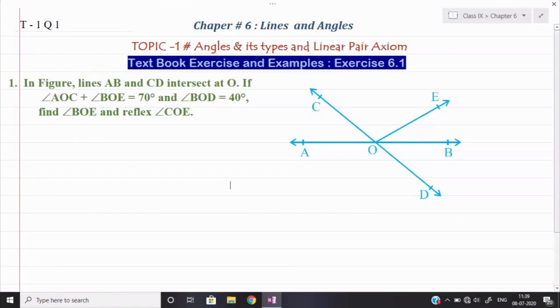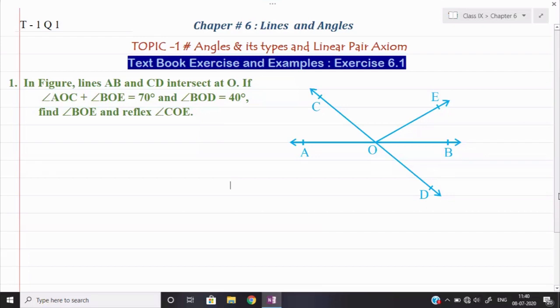As I told you earlier, I have taken the questions in the form of the textbook exercise, then solved examples, and then if required, I will take some additional questions from the reference book also. I have taken the questions in such a way that you need not rush here and there to do additional questions. All the possible additional questions I have taken. If by mistake some questions are left, we can do them a little later at the time of revision.